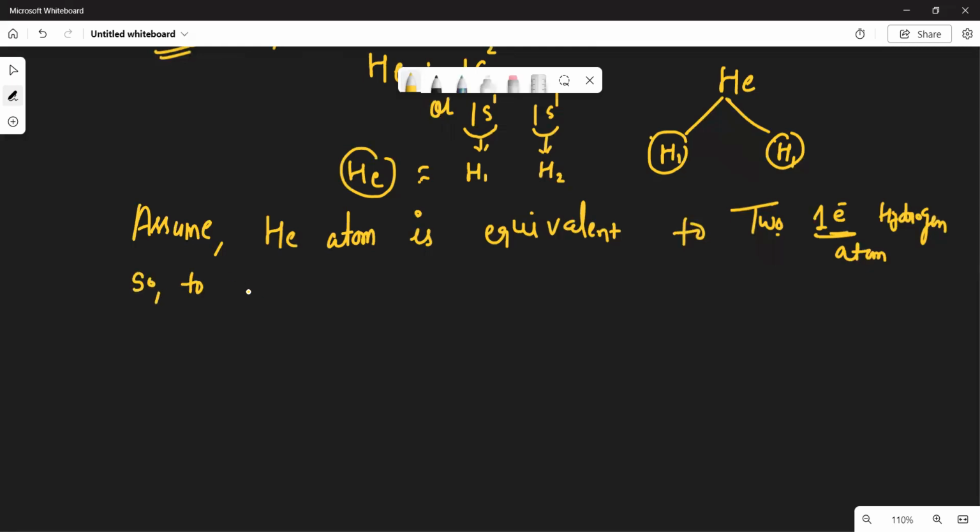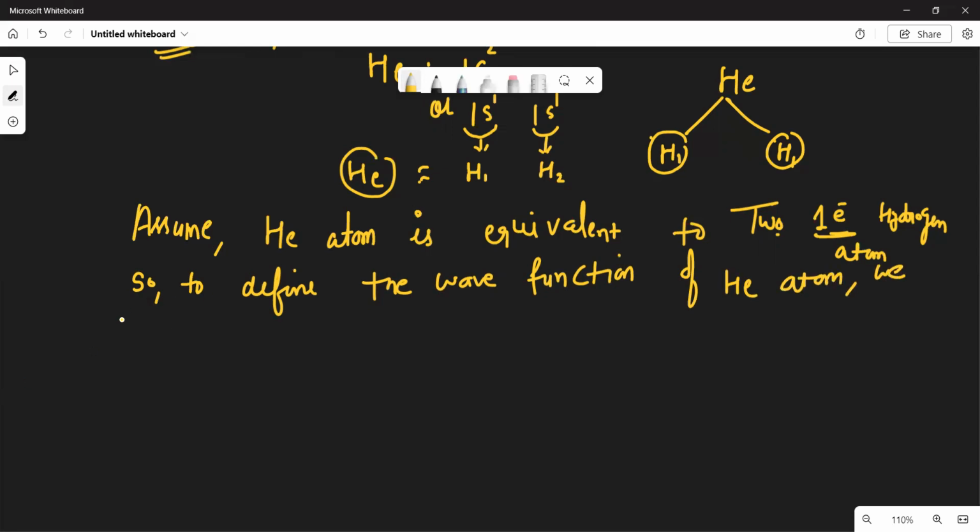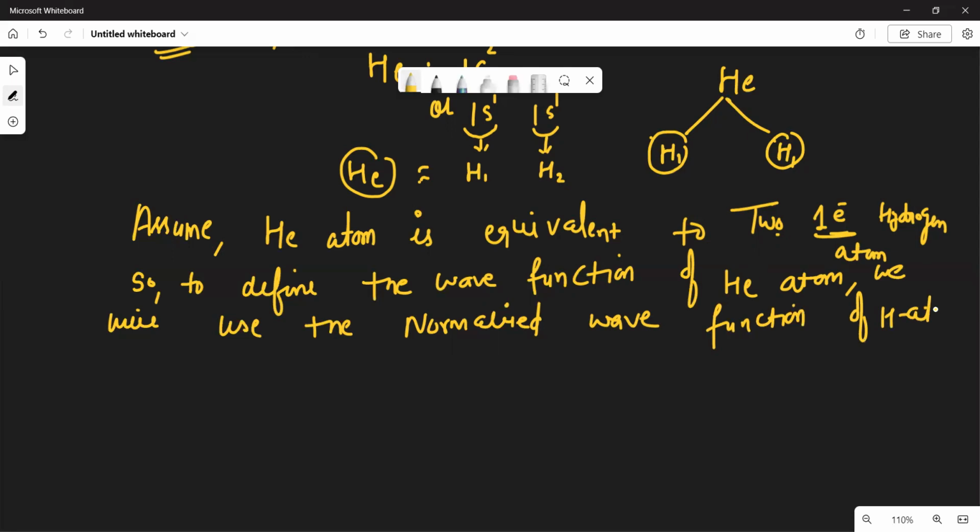So to define the wave function of helium atom, we will use the normalized wave function of hydrogen atom. Okay, so let's suppose this psi R1, R2 represent the wave function for helium atom, where R1